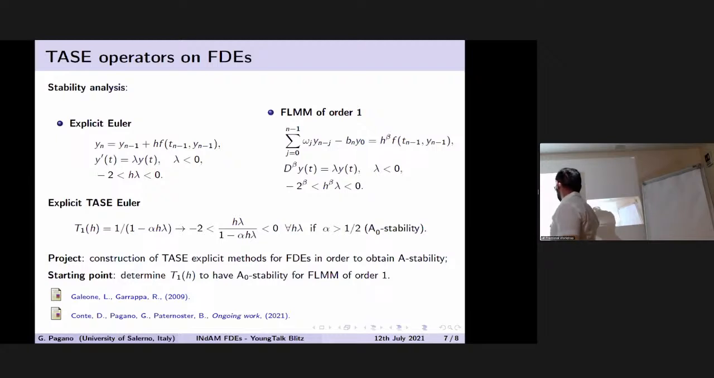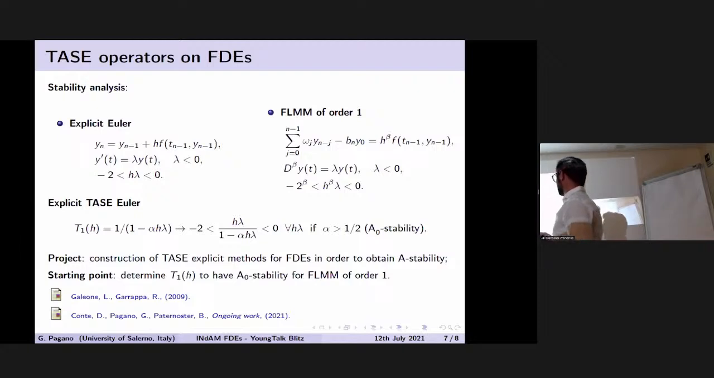And this is more proof that if we apply this operator on explicit Taylor, we gain A0 stability for alpha greater than 1/2. But it can be proved very easily that we can obtain stability on the explicit method for ordinary differential equations with this operator. Therefore, the starting point is to apply